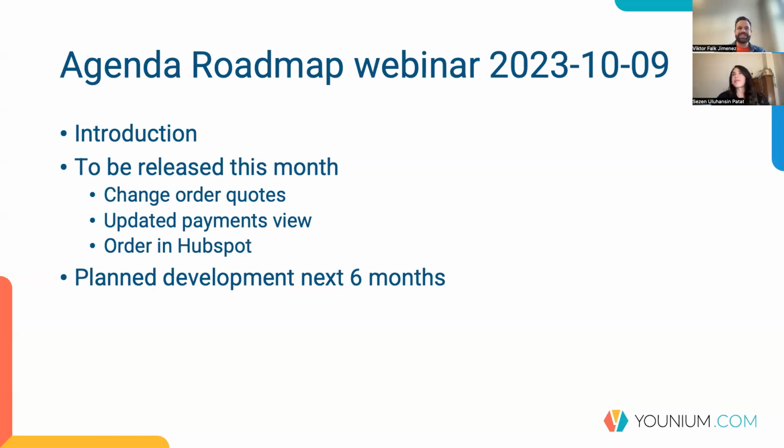As Sezen just described, we're going to go over a couple of different topics today. We're going to start with our improved change order quotes module. Then we'll look into the updated payments, and then lastly, orders in HubSpot. So to jump directly into it,